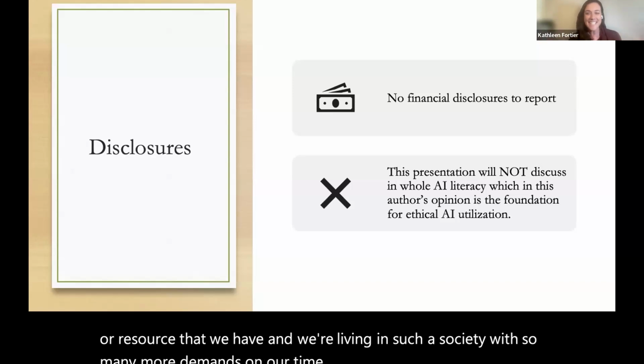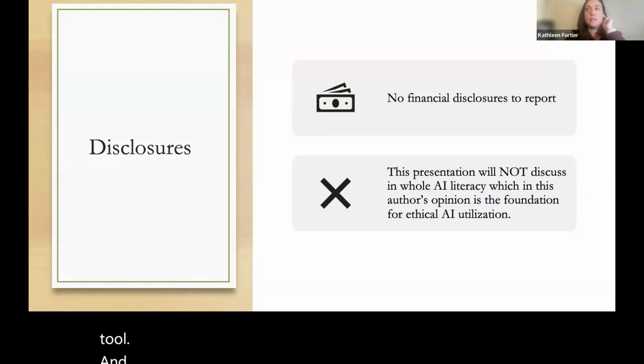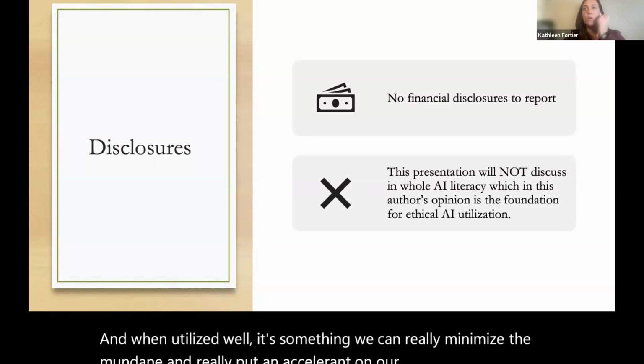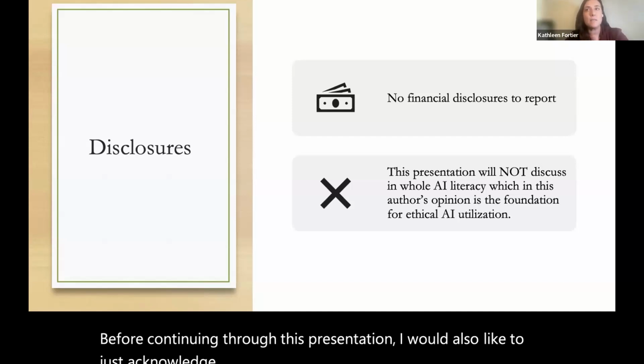And Kaelee introduced that so beautifully. So I've really begun to embrace AI as a tool. And when utilized well, we can minimize the mundane and put an accelerant on our progress forward. Before continuing through this presentation, I would like to acknowledge that I will not necessarily be